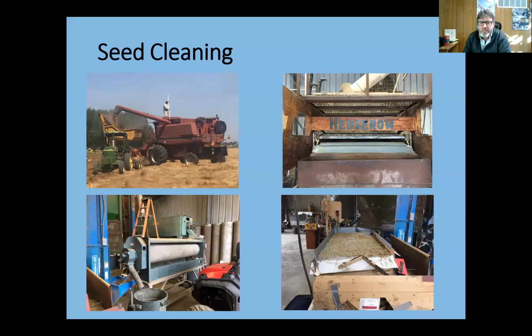They're basically these dimpled cylinders that, as the cylinder spins, based upon the size of the dimple and the material that's in it, and you have to set it based on your target crop. Basically, the target material will fall out in one location, and everything else will fall out in a different location. So it's a way of separating out things by size.